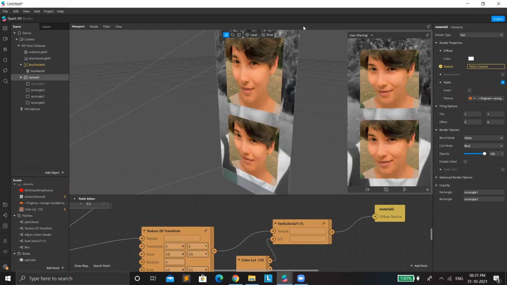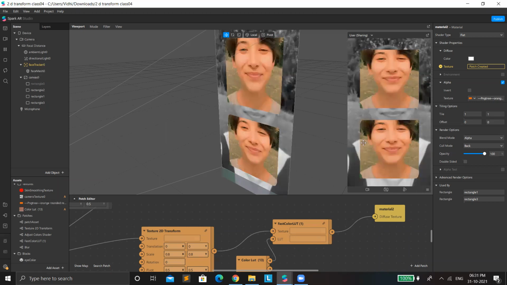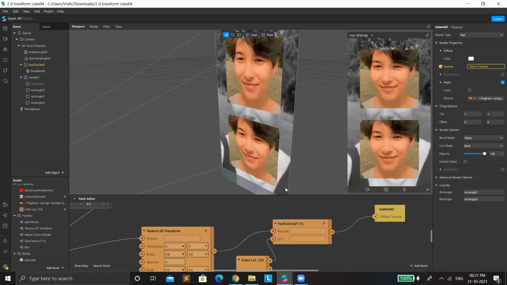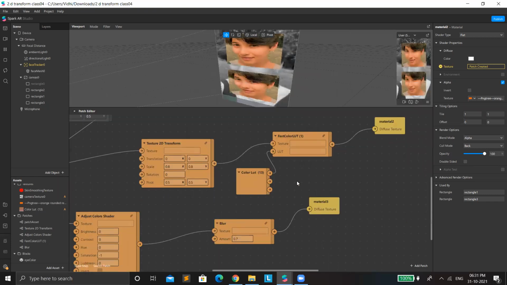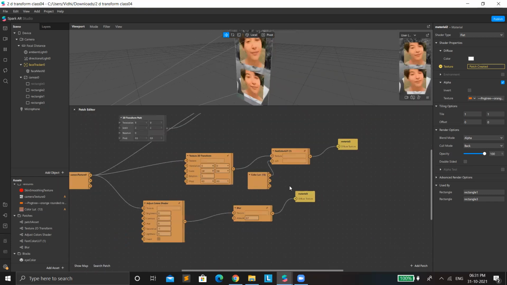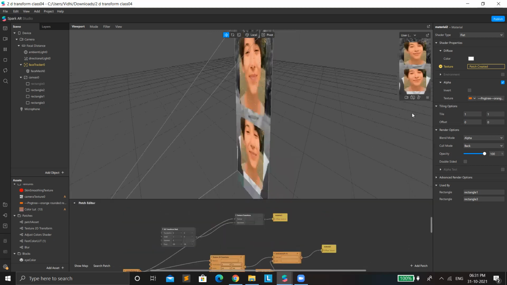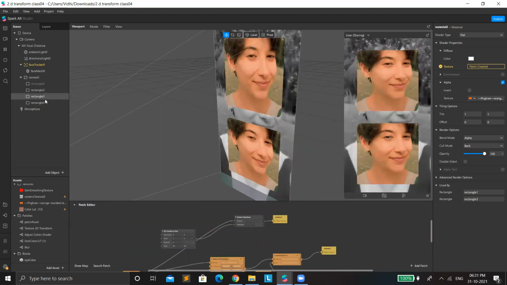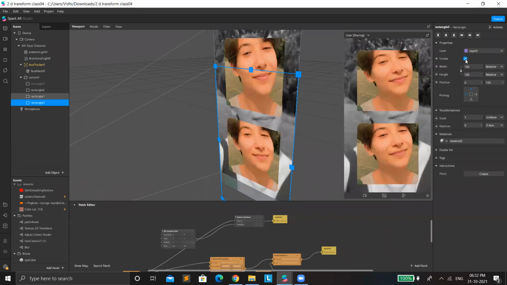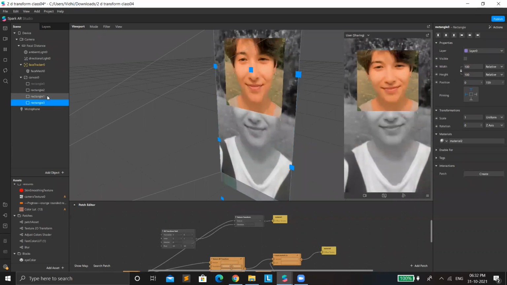So you can easily create a lot of effects from this. If you want to add a frame or something, I think you can also do it. If you want to recreate a filter from an existing one, then also you could make use of something or the other. For example, if you want to make it simple, just take this one,